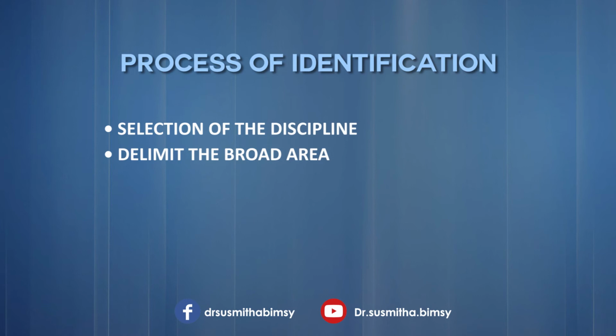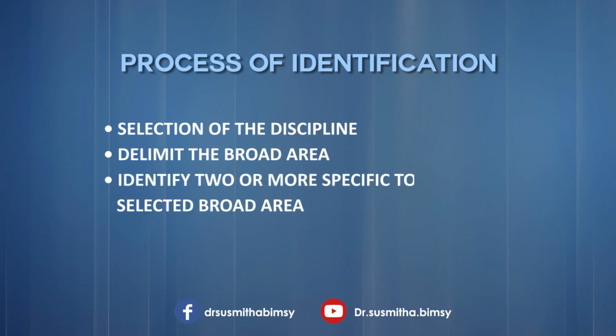The interest in a particular area maybe develops out of educational background, maybe out of reading a good book, or inspiration received from a professor. Okay. Thirdly, identifying two or more specific topics in the selected broad area. This is the final step in the identification of problem. It requires a thorough understanding of the branch of the subject as a whole and awareness of the work already done on it. And of course, here comes the importance of review of literature.